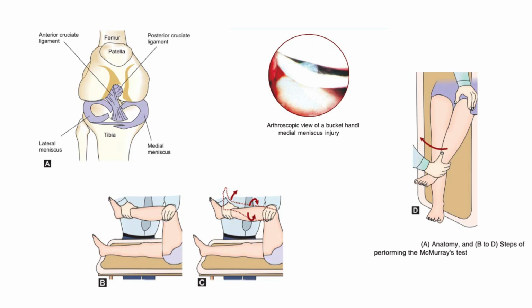Tears in the peripheral vascularized portion are denoted as red tears, those in the middle third portion as red-white tears, and those in the inner avascular portion as white tears. This I have mentioned before in the lectures. According to the depth of the tear, injuries are observed as partial or full thickness, of which full thickness injuries can be further recognized as stable or unstable.